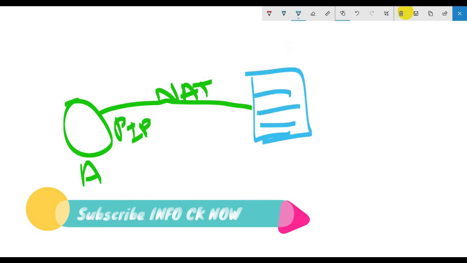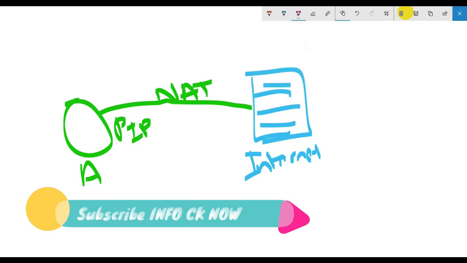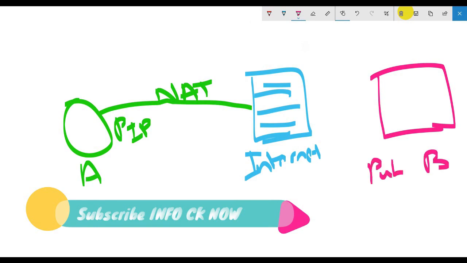This is your internet. And I have another user B, who is a public user with a public IP address. I have bad handwriting, but I hope you can get some idea out of it.